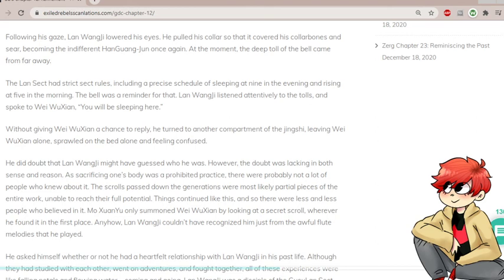As sacrificing one's body was a prohibited practice, there were probably not a lot of people who knew about it. The scrolls passed down through generations were most likely partial pieces of the entire work, unable to reach their full potential. Things continued like this, and